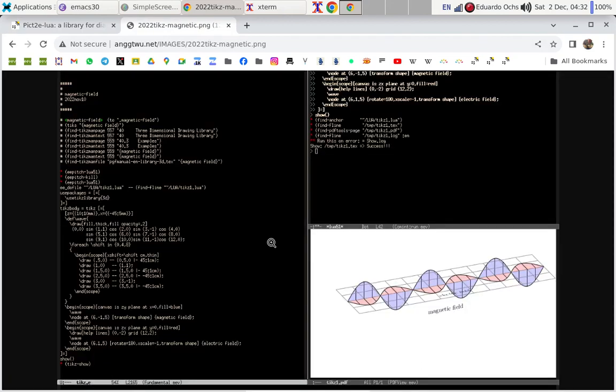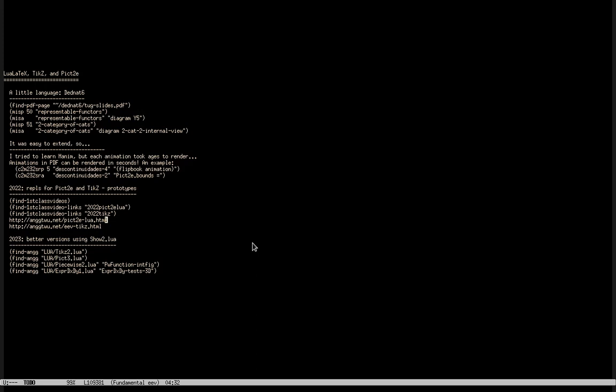And this video is about how to extract diagrams from the TikZ manual, and how to run those examples in a REPL and modify them bit by bit. And this is a screenshot. But let me go back. At that point, these things were just prototypes. The code was not very nice.